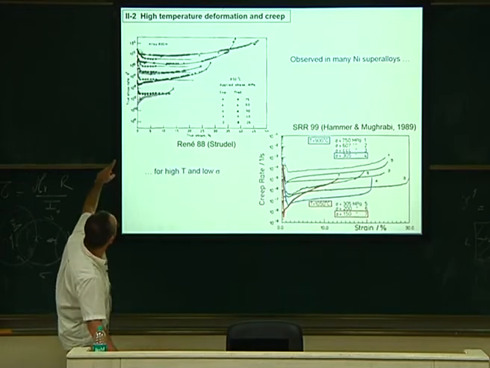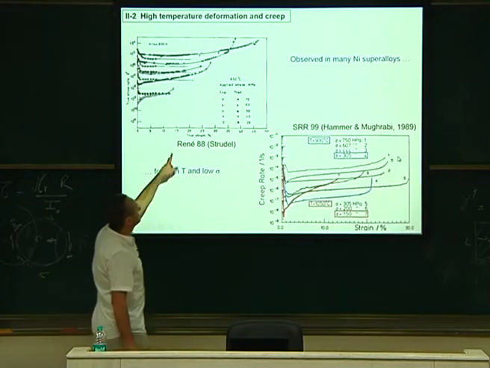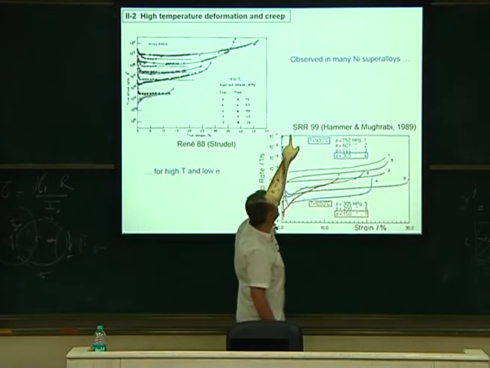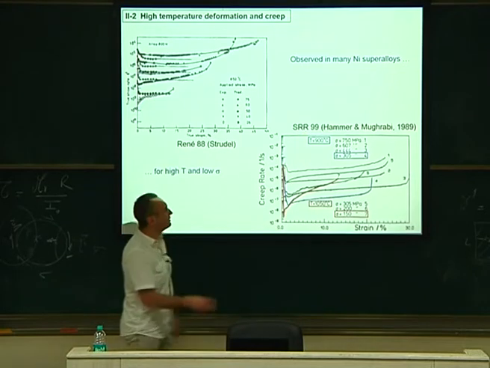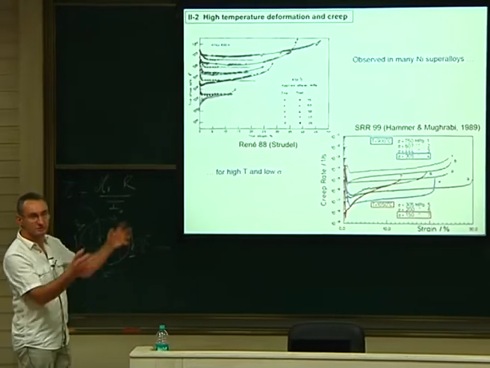Here again, you have this creep behavior, which is negative, and then coming up, and the normal one here. After some amount of strain, it's 0.something percent, so it's a very small strain. Here, the same. So this happens in many of these different superalloys, with different names. I'm not aware of what they all are. Jean-Loup could tell. I'm not an expert on superalloys, but those are different.